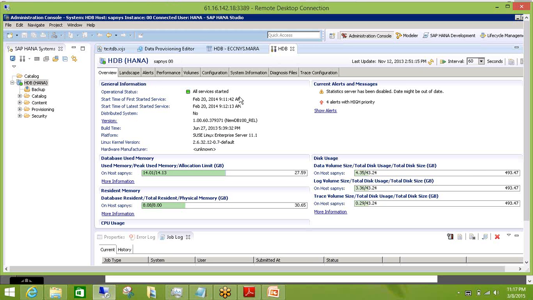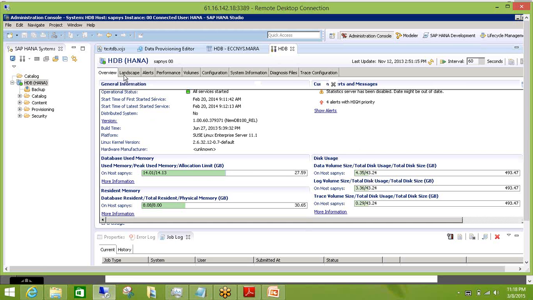You will have your overview, like what SUSE Linux platform you have. Now from SPS 8 onward, they have also started supporting Red Hat RHEL. Earlier it was only supporting SUSE Linux, so now the OS is supported by RHEL also. Then you have your database usage and all those things.